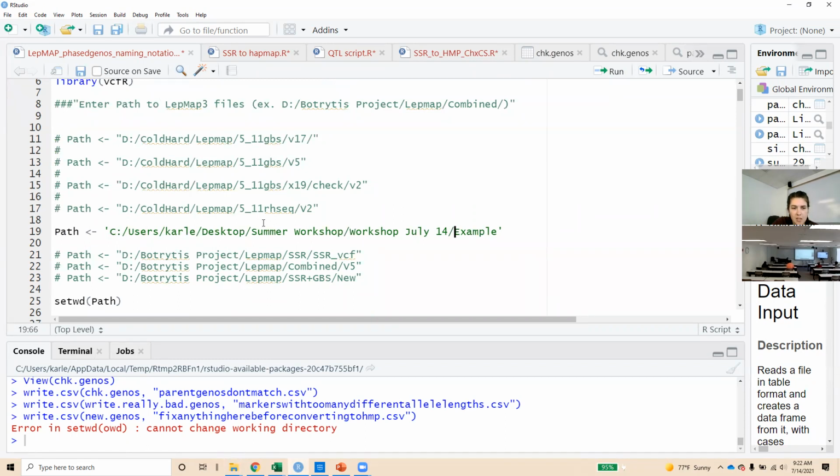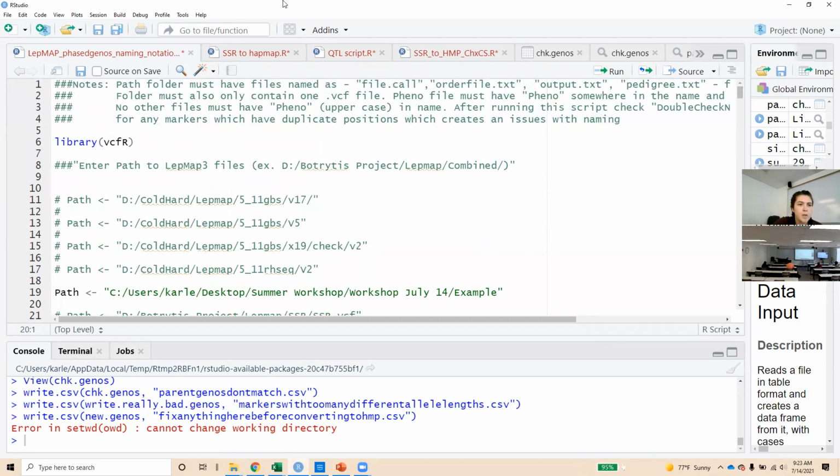And this needs to be in either single quotes or double quotes. I usually use double quotes, but it's not really going to affect it if you use single quotes. And additionally, you need to run all of the stuff